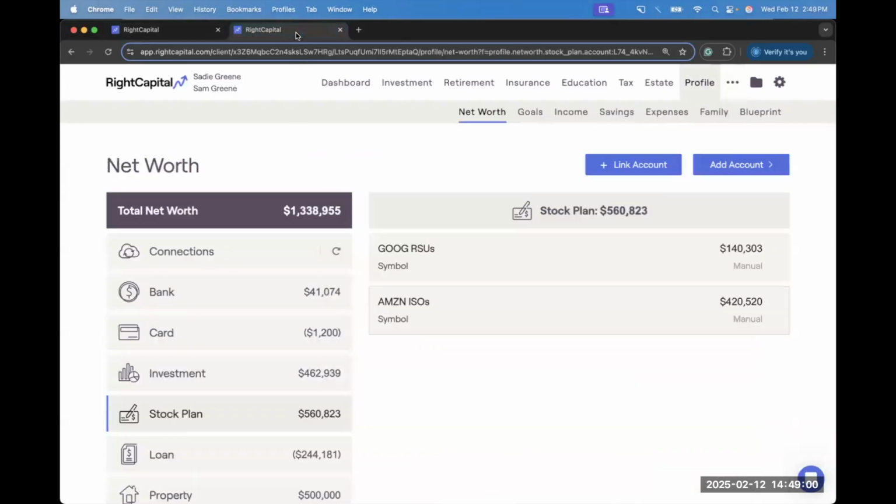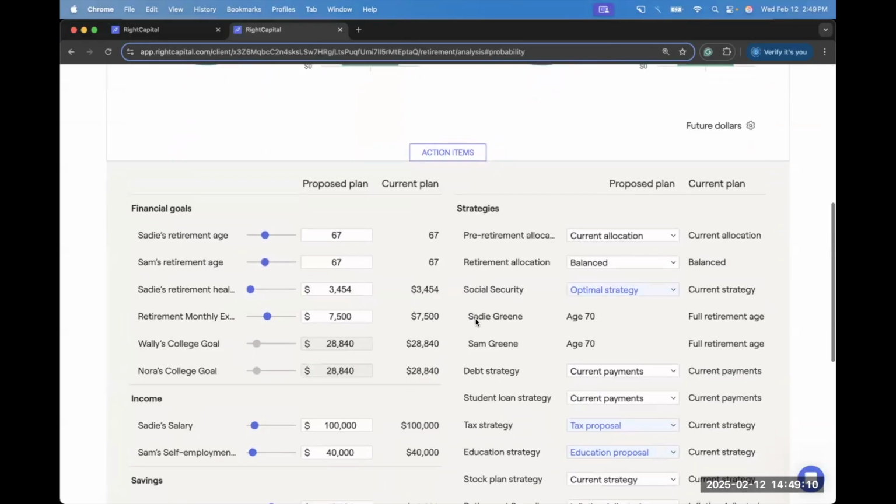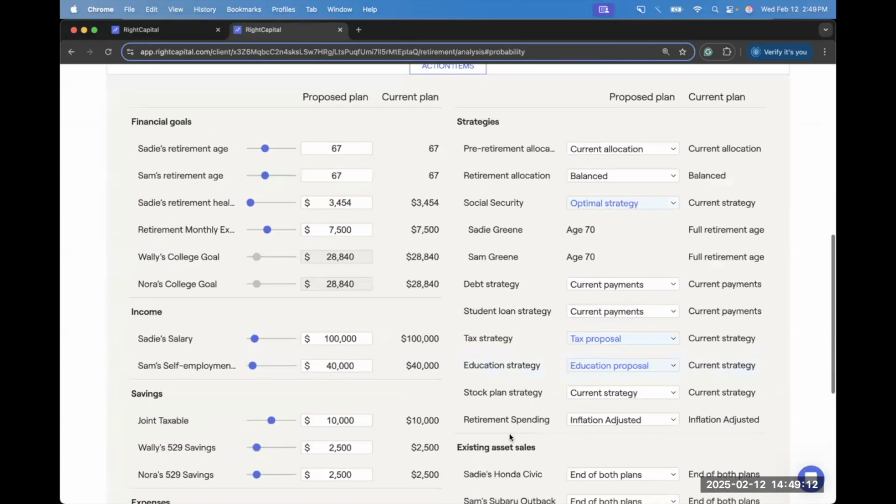Just to quickly mention it, this is another module where, back in the retirement section, you can turn that on within the projections. For this one in particular, I do believe that this is not one of the action items that's included here by default. So if you're looking for the stock plan strategy and you don't see it listed here, you may just need